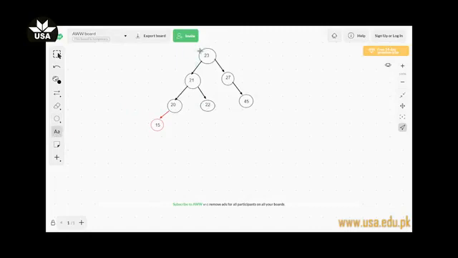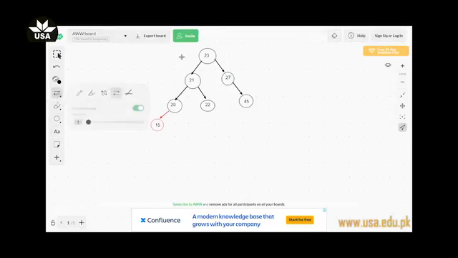Now let's insert another value. For example, the value to be inserted now is 24. Starting from the root node, the value is greater than 23. So we will move towards the right side. Now the value is smaller than 27. So we will move towards the left side. Currently the left child is null. So in this case, we will create a left child of this node with value 24. Alright, I guess this is enough.